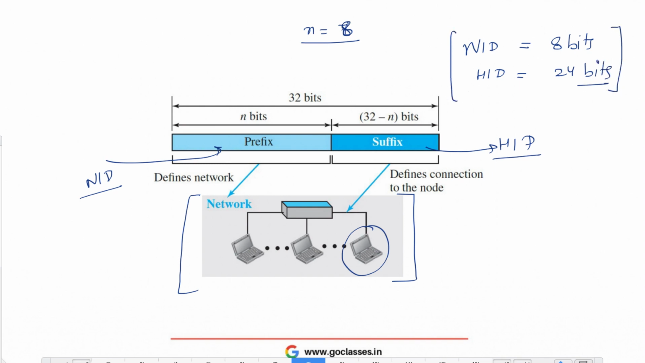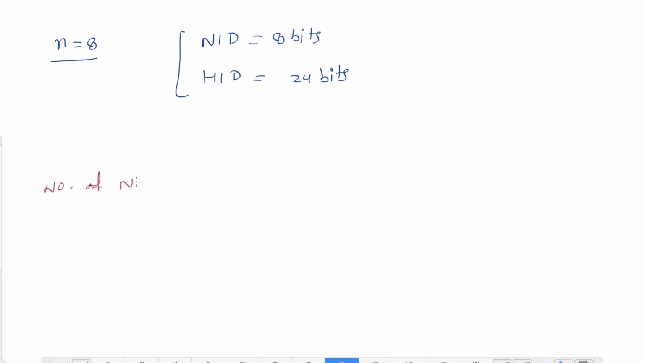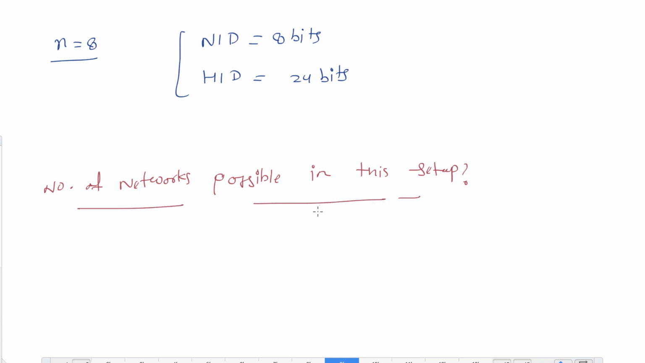Now let me ask you a question. Suppose that n is 8, which means your network ID is again 8 bits and your host ID is 24 bits. Now in this case, if I ask you how many networks are possible in this setup,